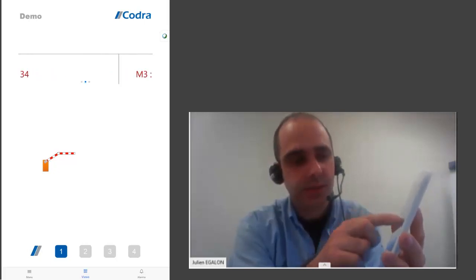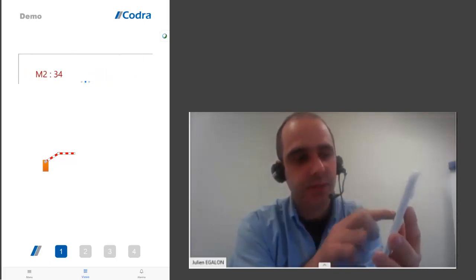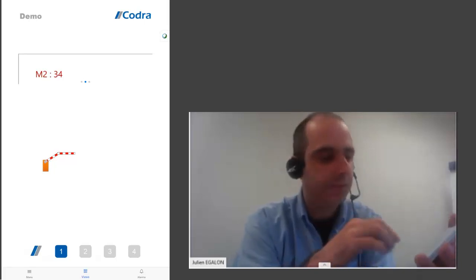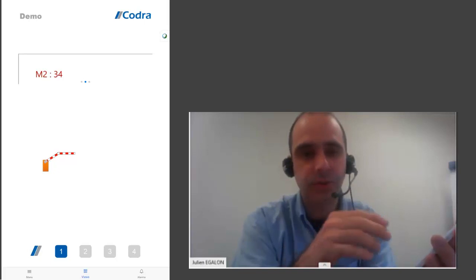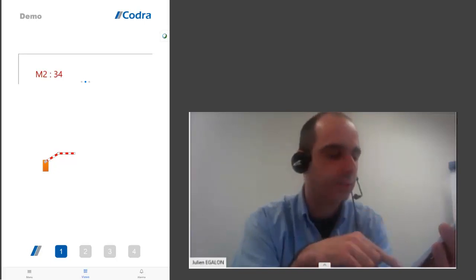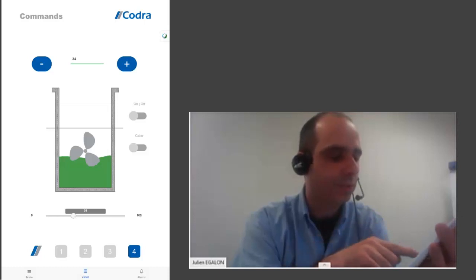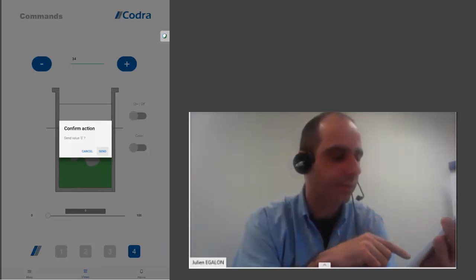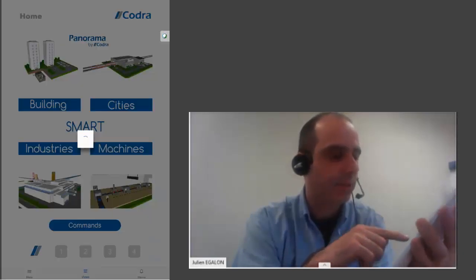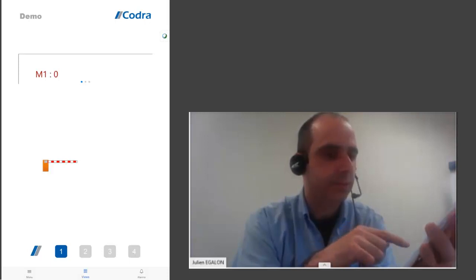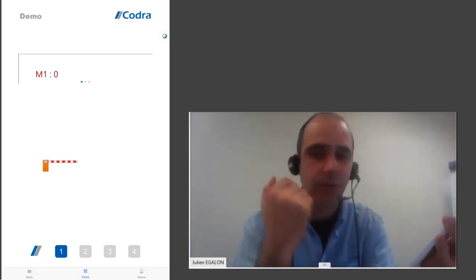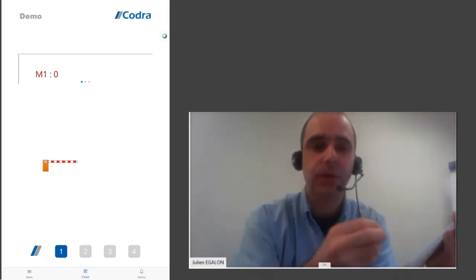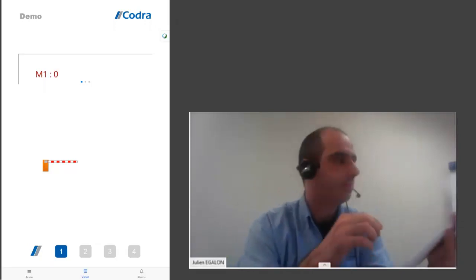Here you can see embedded views in my main mimic. We see the animation is started. It's a little bit open because the value is 34% open. If I go to another view to change this value to 0, of course, I send the value to 0. And I go back to this, the barrier level is closed. I didn't do anything else than copy and paste the behavior of my standard Panorama E-Squared mimic. So that's okay for this demo.